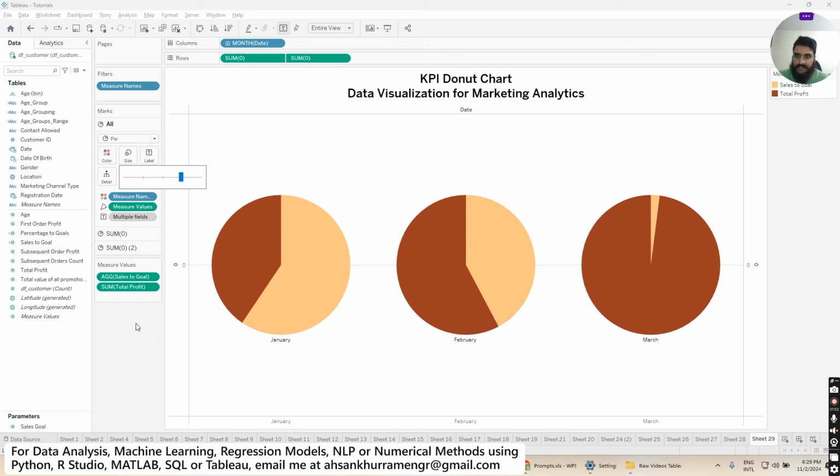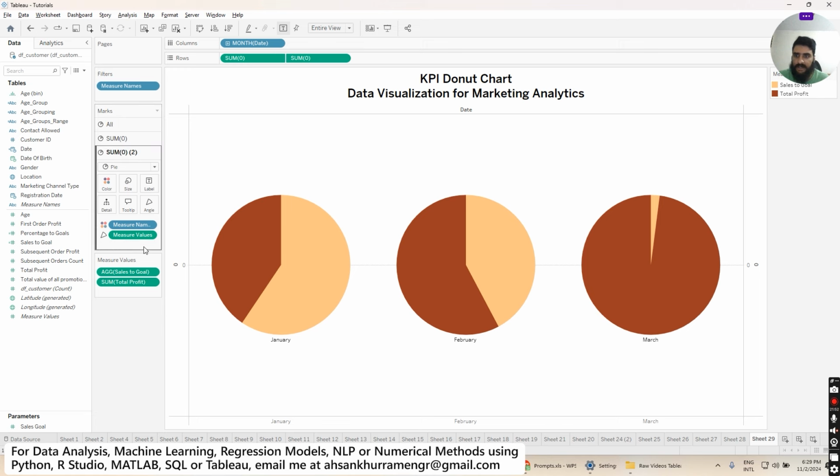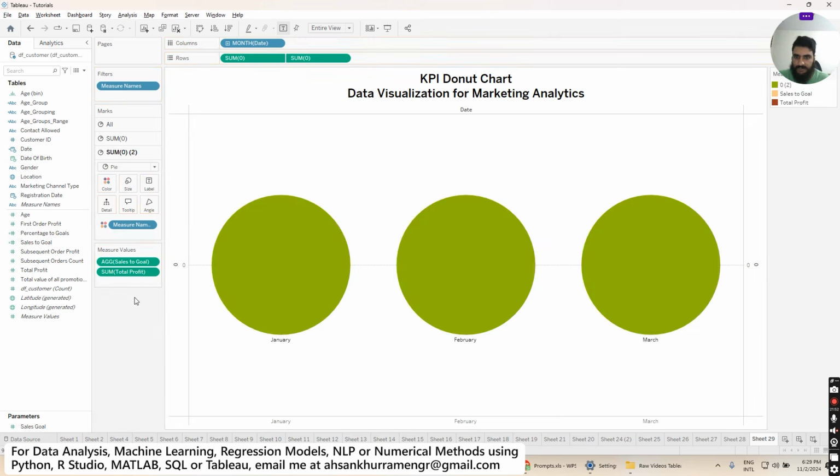Now, the next thing we're going to do is go to the second mark card here, and remove this unnecessary information, because this second chart will only be used to create a donut, that is the middle portion of the chart. So we will simply drop those values. It will be a simple